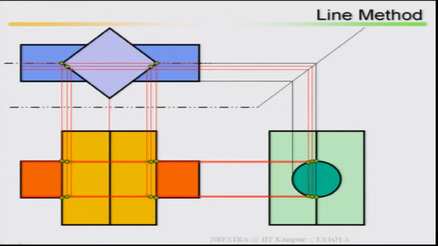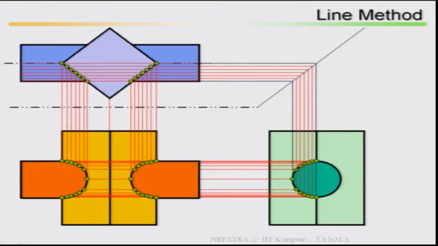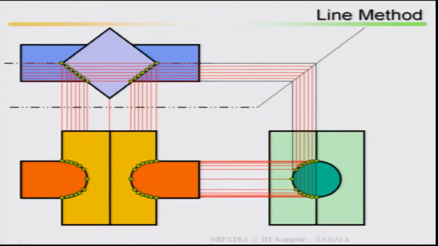It has been projected back. If I take this circular feature with a number of points inside the circular feature and I project it back, from there it has been projected back, from here it has been projected back, how your intersection looks like. At the interface, your intersections, how the surface looks like, look at here how the surface looks like. Now, this is by means of line method,